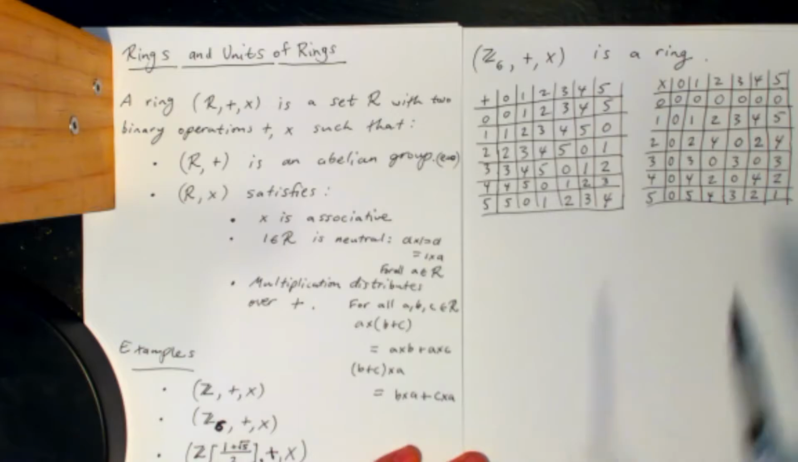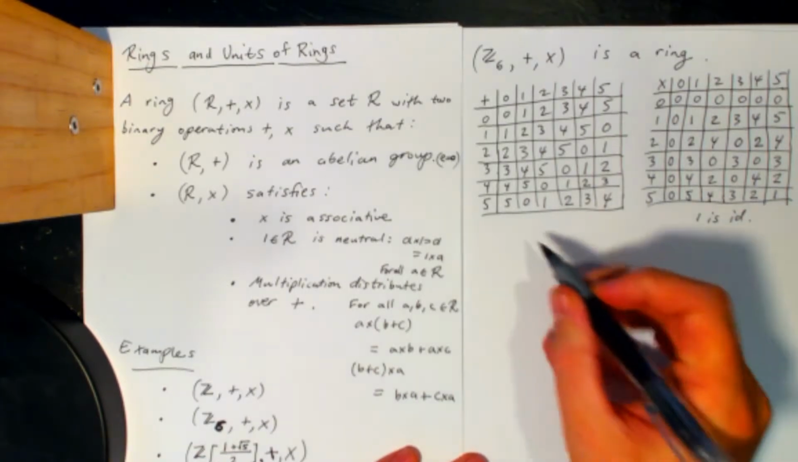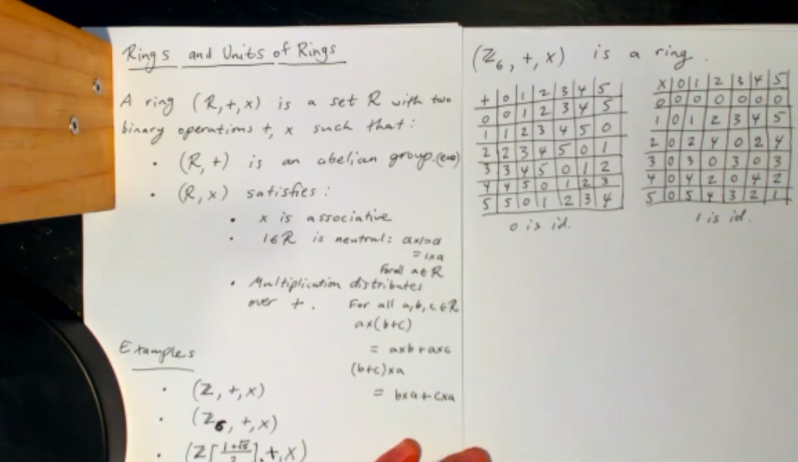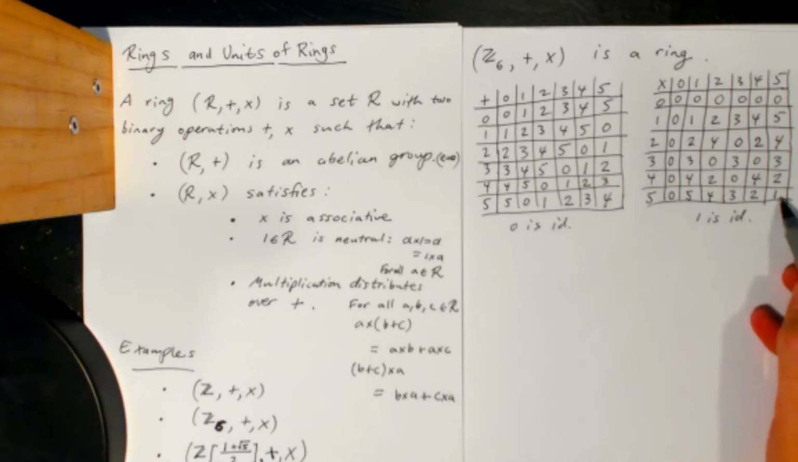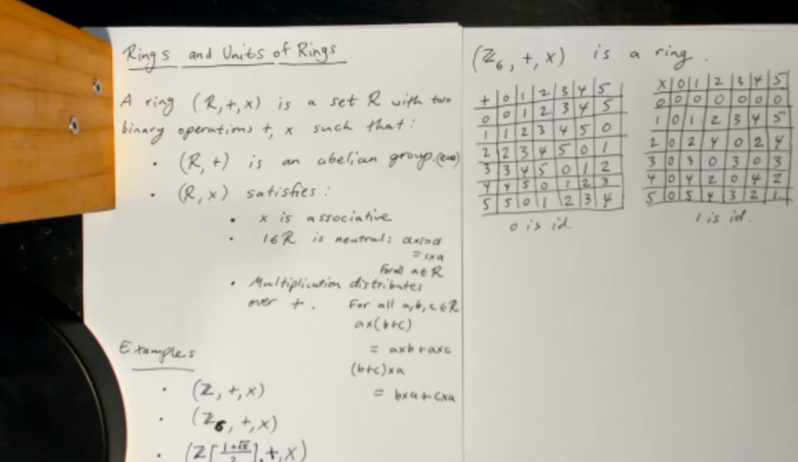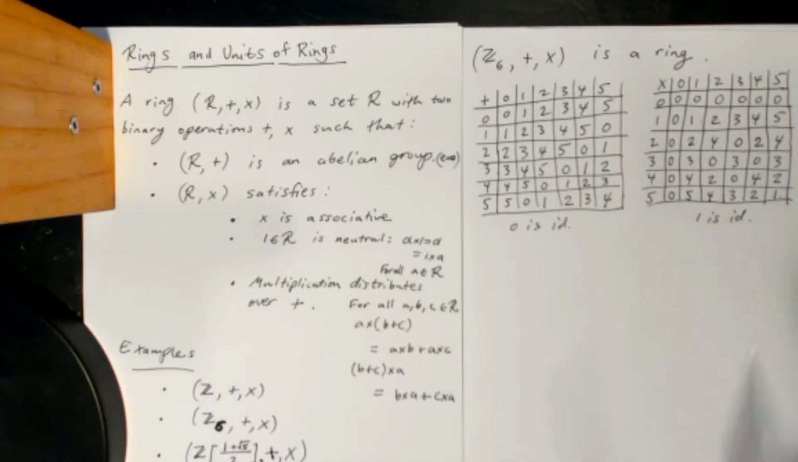Okay, now the identity of this structure here is 1. So 1 is the identity of this one, and 0 is the identity of this one. So the question is, do we have 1 in every row and in every column there? And the answer is no, we don't. We only have a 1 here and a 1 here. Okay, so we see then that not every element has an inverse. However, we do have